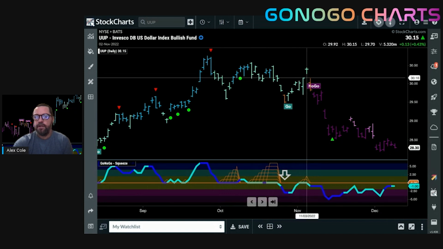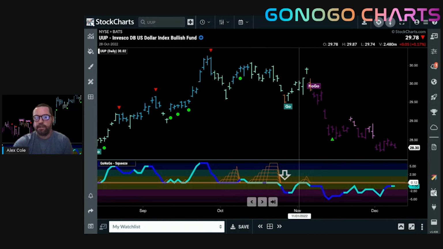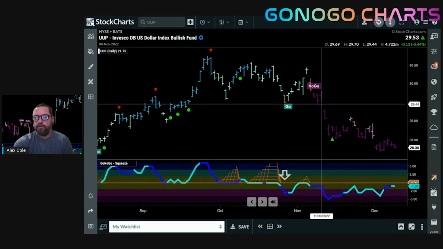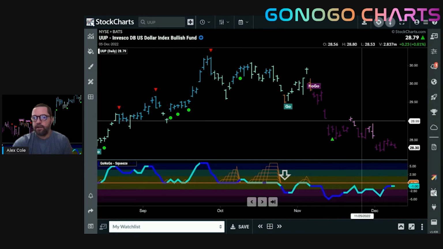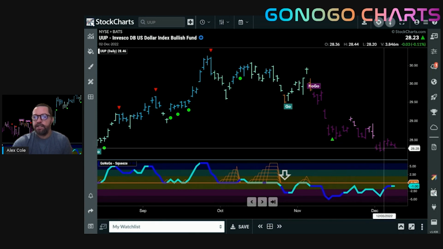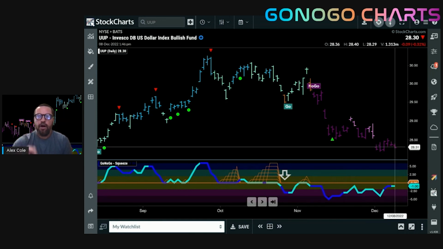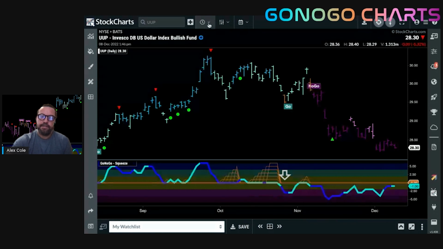And then, of course, we roll into no-goes. Oscillator finds resistance at the zero line, and we've been in a no-go ever since. And we've set several lower lows and lower highs. And so we are still in a strong no-go on the dollar on a daily basis. So again, on the daily basis, Treasury rates and the dollar, their trends will be looking to provide some tailwind for